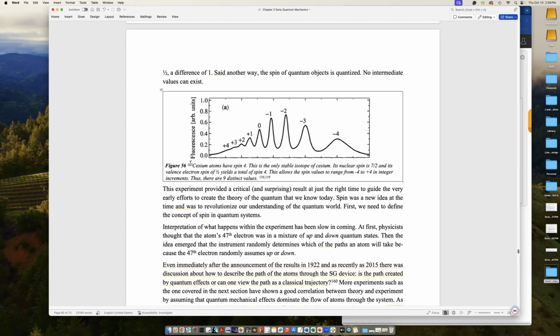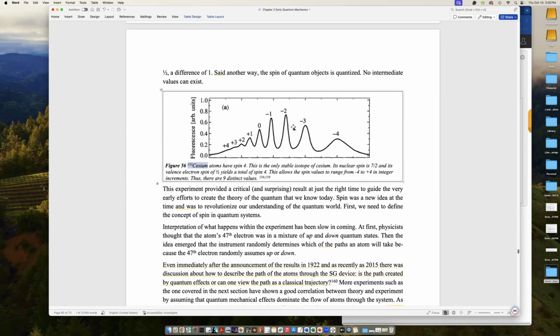But we can do experiments with spin, and here's cesium-133. It has spin 4, partly from the orientation of its electrons and partly from the orbital behavior of the electrons. And remember I said that the differences have to be equal to unity. From 1/2 to -1/2 is 1. From 0 to 1, 2, 3, 4, those are the only allowed orientations. But if I have the number 4, how many different units can exist? If I start at -4, I have -4, -3, -2. They're all illustrated here: -4, -3, -2, -1, 0, 1, 2, 3, and 4. There's 9 different orientations possible for the spin of